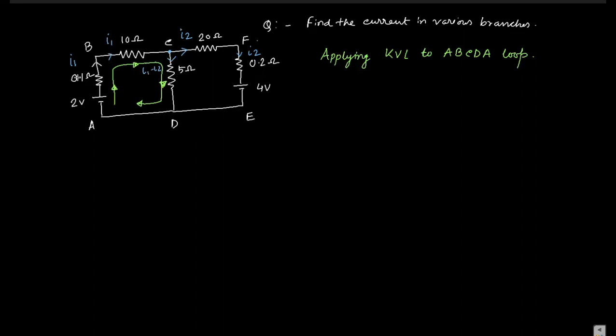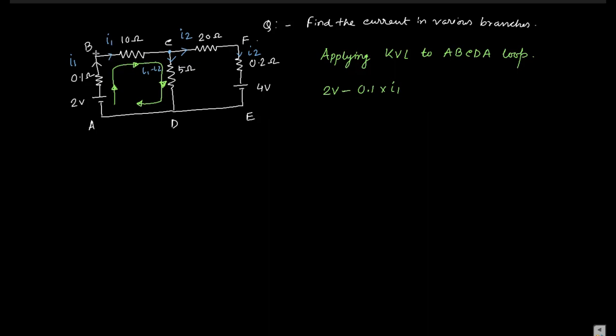Okay. Now this voltage is very easy to determine. You see that the direction of the path is from negative to positive, so you can say it is 2 volt, 2V. Now what about the resistances? You see that the I1 and this path are in the same direction. If the direction of the path and the direction of the current are in the same direction, then it should be a fall in potential, that is, minus 0.1 into I1 is the potential drop across this.